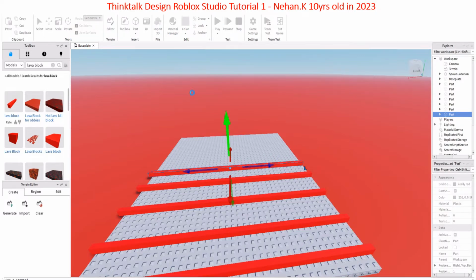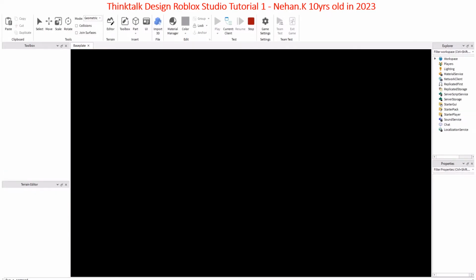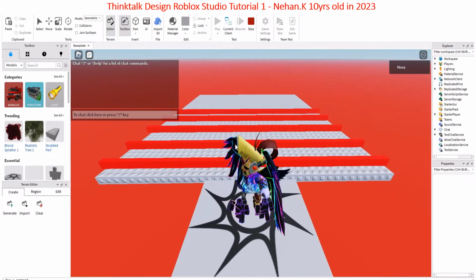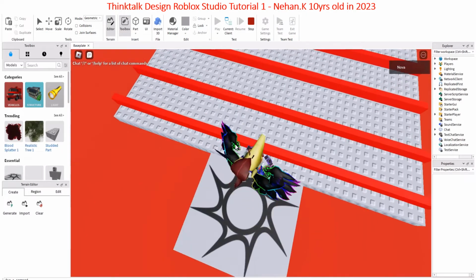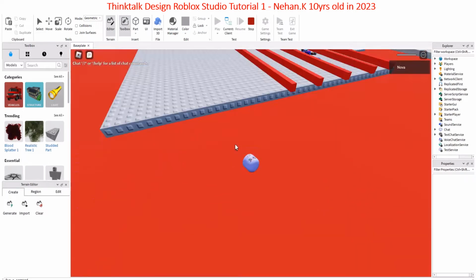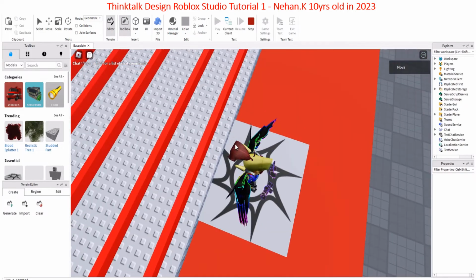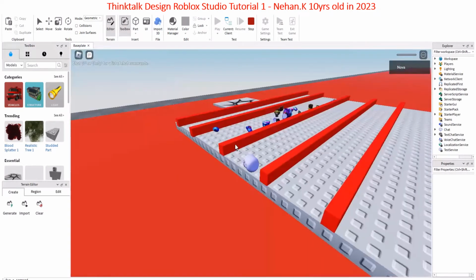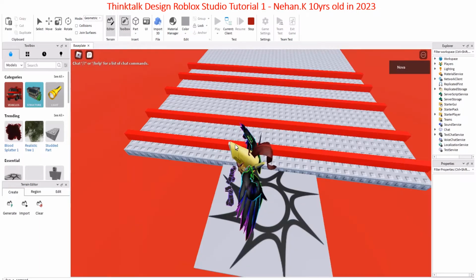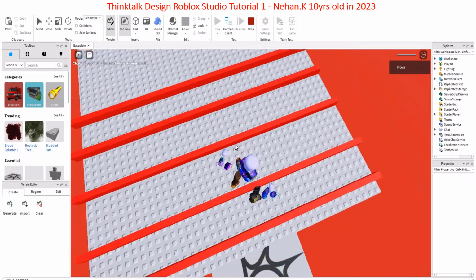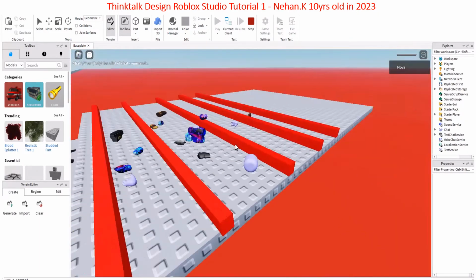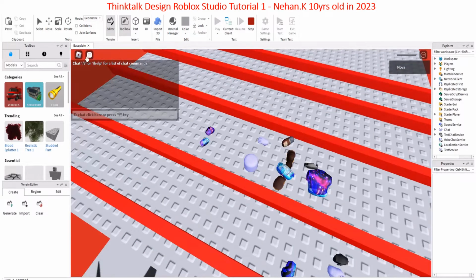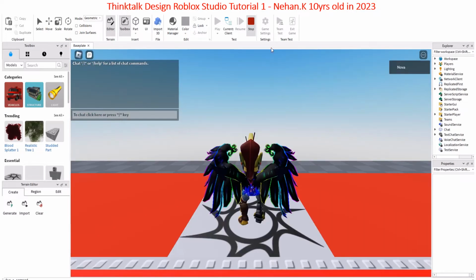Okay, so now I click play. This gives me a little preview of what the normal person would see. Turn on this and jump, and I oofed. It's because I touched the lava. I didn't touch the lava though, and I don't know why I keep touching the lava, but I'm really bad at this game. Immediately when I jump, it just kills me. So if I click stop,